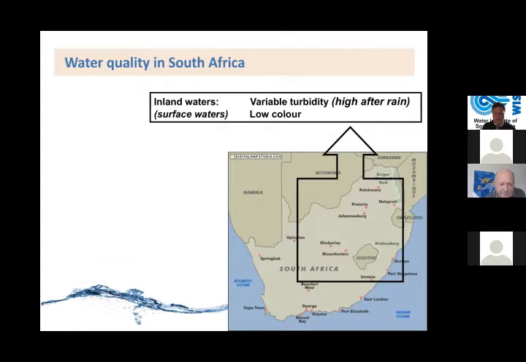It can be very high turbidity if it's a high intensity storm, normally low in color as a result of organics. And that water is fairly easy to treat. Chemical treatment has been used for many years for doing that,